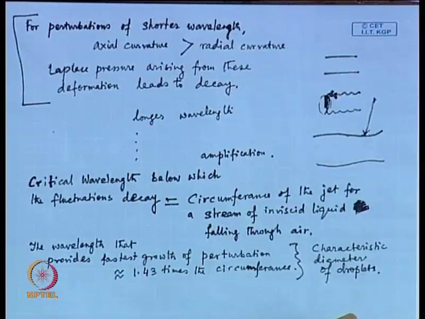When water is dripping from the tap, if there is a thin thread that comes out from the tap, beyond a distance it breaks down and takes a spherical shape. The cylinder breaks. Beyond what distance it breaks, and what would be the characteristic diameter of that water droplet that forms,